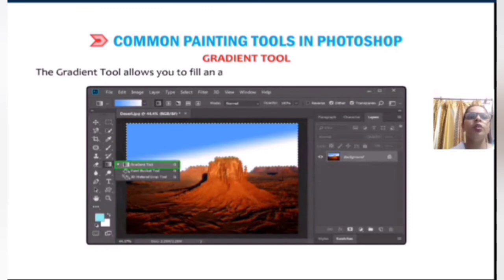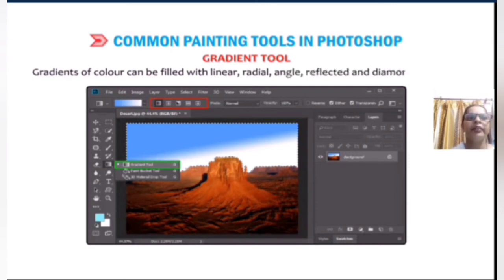The gradient tool allows you to fill an area with a range of colors in specified patterns. It can create a blend of two or more colors. A gradient of color can be filled with linear, radial, angle, reflected and diamond gradients.